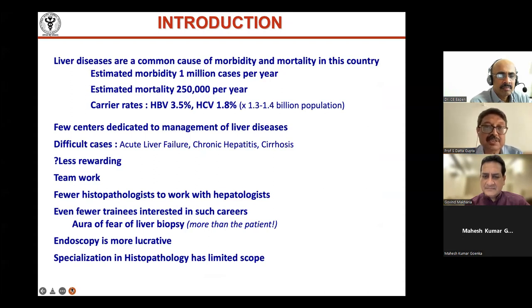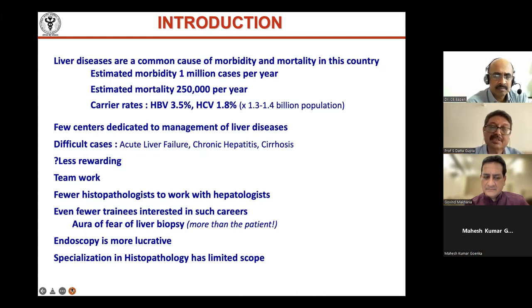In fact, a 1% rate of any illness, incidence or prevalence, if you multiply by the billions, is almost equal to any European country. So always we deal with large volumes of disease. Even if it's 0.1%, it may be like the entire population of a small country in Europe. Unfortunately, for liver diseases, there are very few dedicated centers, except now gradually, because of transplants, it's been increasing.